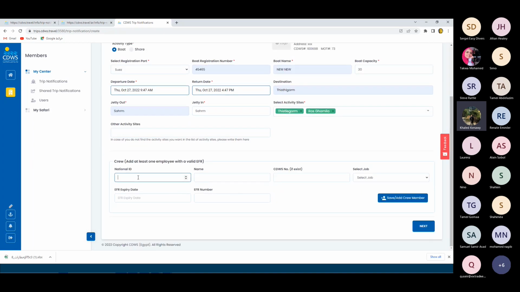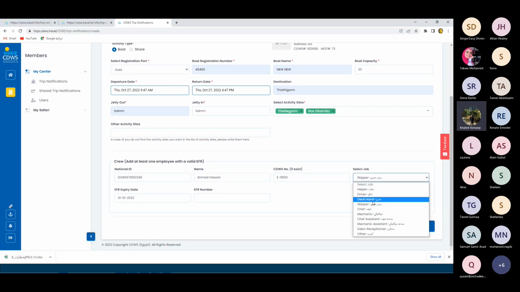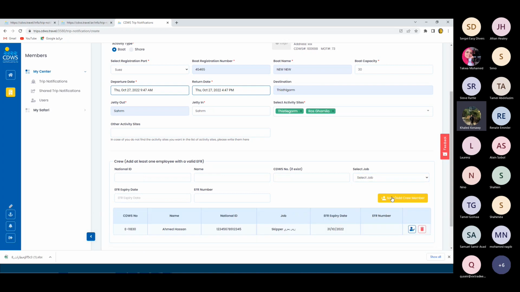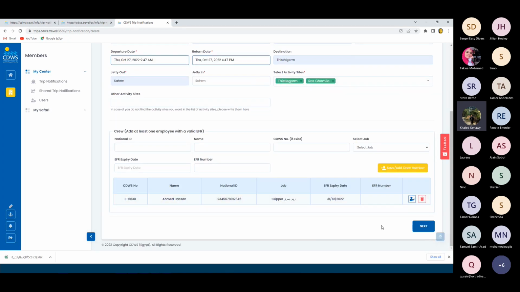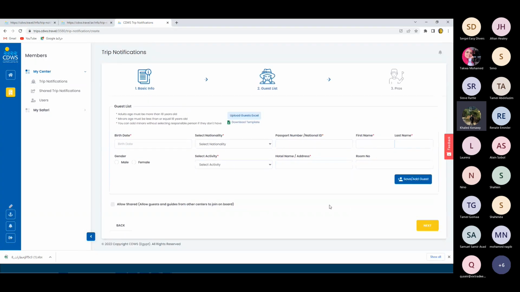For the crew, the national ID starts with the 14 numbers of the crew. If it's like that, it will come with the name of the crew and his number, and he is the boat skipper. If he has EFR, we can write it down. If not, we can just skip it, save, and go on. If you need to add more crew, you can add more crew from here, and then we can go for